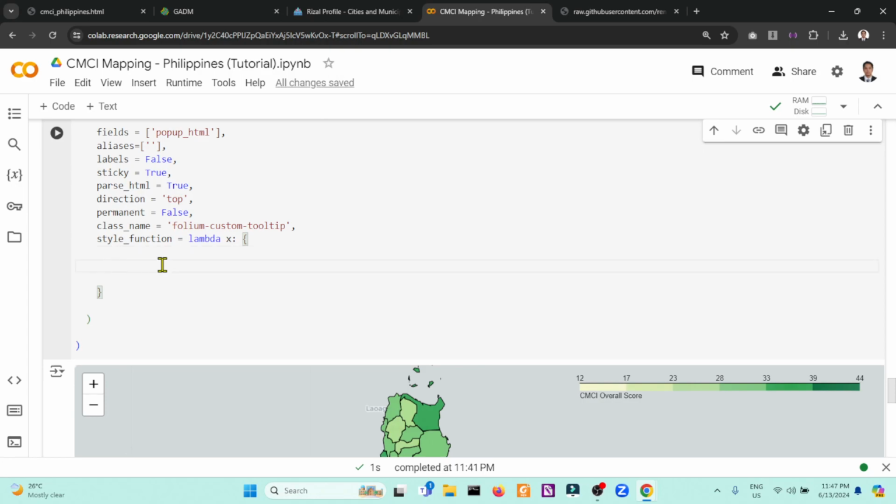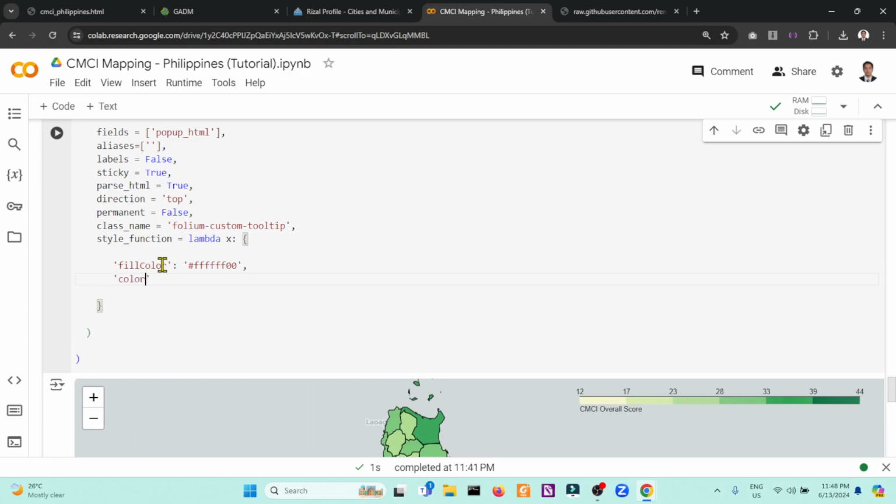X is the parameter of the anonymous function. So we will design this one. Fill color of, we will provide a hexadecimal value, FFF, 6F, 1, 2, 3, 4, 5, 6, and 0, 0. This will set the fill color of the features to a transparent one.